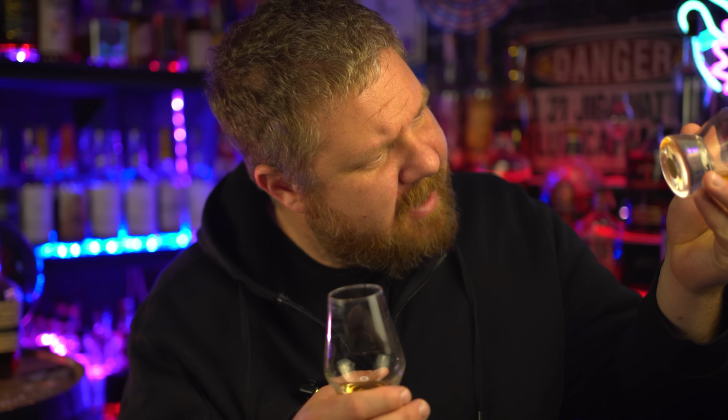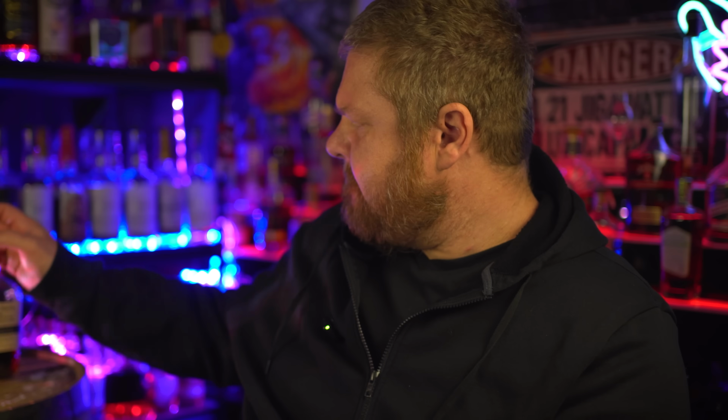And glass number 1, I'm guessing, is the Keeper's Release. And if there's an H on the bottom of this glass, that means it's the Keeper's Release. Because I originally labeled it with an H because I thought it was the Heart release. It's not, it's Keeper's Release. Heart was so 2 years ago. The winner is, now. Oh my gosh, can't. Oh yeah, yep, H. Yeah, that means that